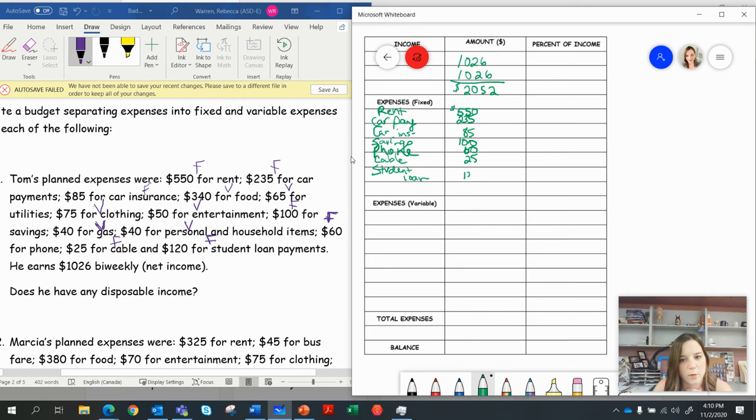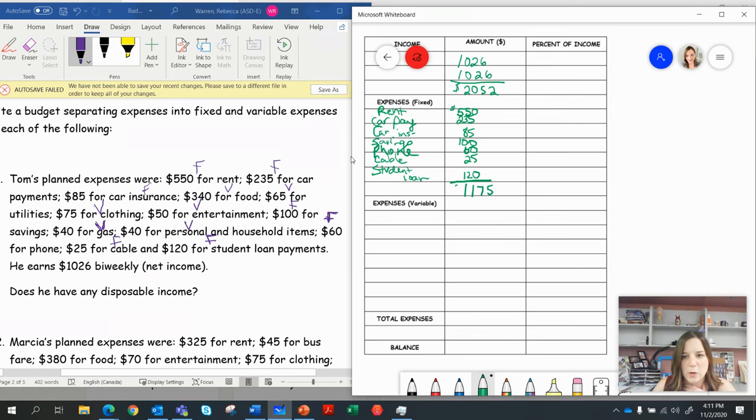The student loan payment was $120. Then the next thing we're going to do is total up the fixed expenses. So you would take your calculator out at this point and add up all of the fixed expenses. You can pause the video if you want to do that for yourself, to make sure we get the same numbers. I would suggest that. When you add all of those up, you get